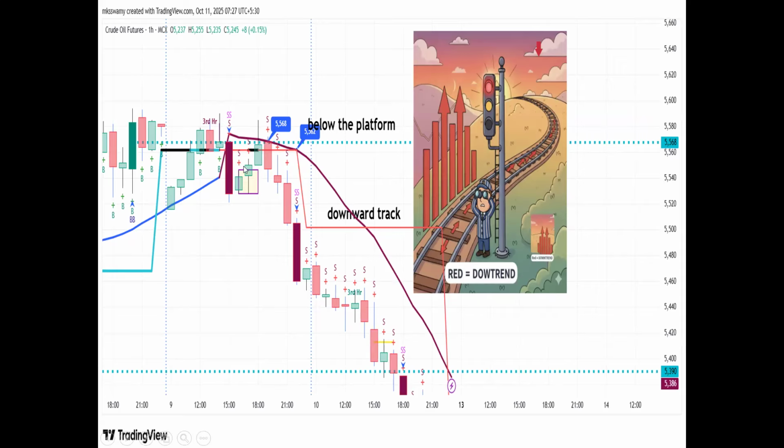Signal is red, platform is in the downward direction, so red is equal to downtrend. So you are not attempting any green candles to buy. And step by step, even if the candles are green, since the track is down, it is telling you no, you are not going to take the wrong direction. Don't make this mistake. It is telling you. Here itself it told.